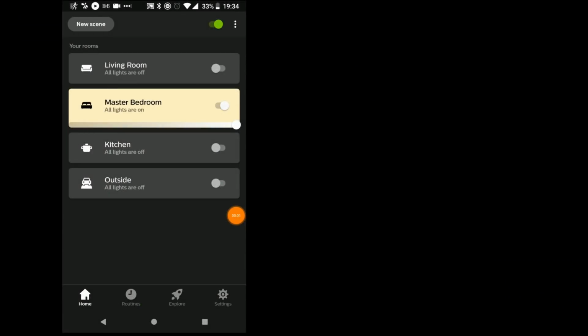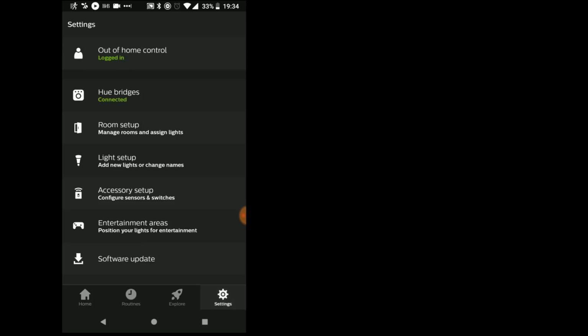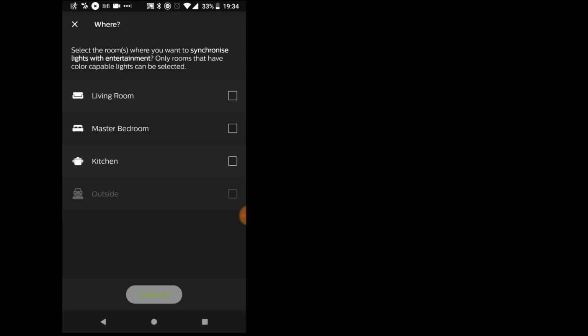Okay, so here we are in the Philips Hue app and we're going to define a new entertainment area. So to do this, the first thing you can do is go over to the settings section of the app, and this is the familiar settings screen. Tap on entertainment areas and you get this introduction screen. From here, to create an entertainment area, tap on create